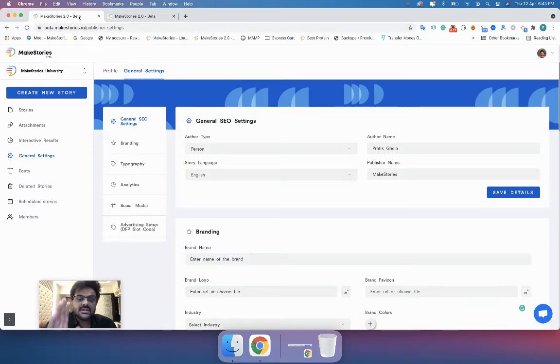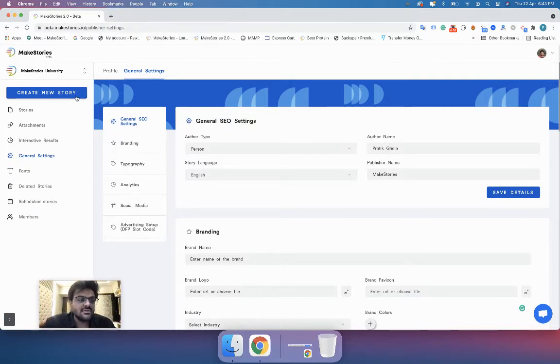All the stories created before setting up this entire SEO stuff won't have these details as of now while I'm recording this lesson. We are trying hard to make it possible where we will give you an option to update the SEO settings and branding and all the things on your past stories, but for now any story that is created after setting up these general settings will only have these settings reflected.